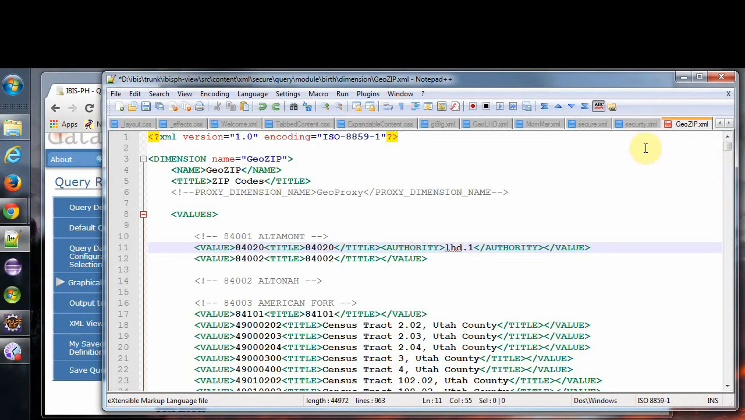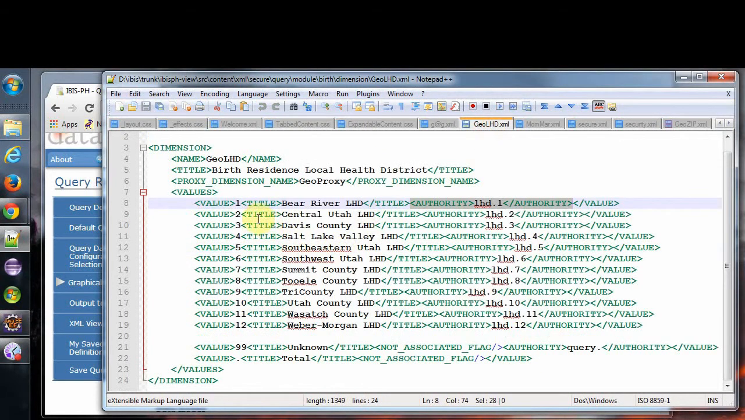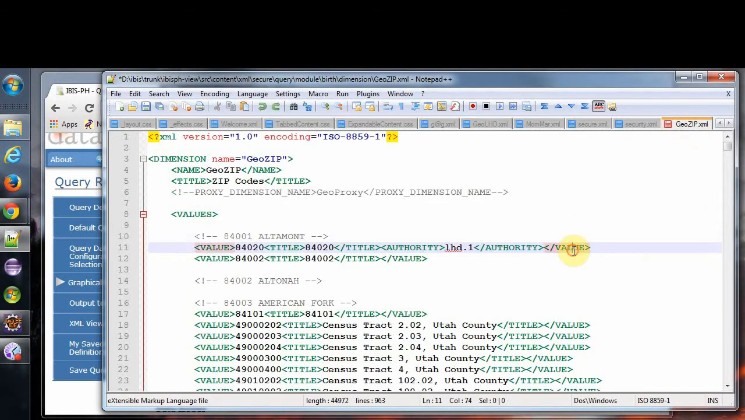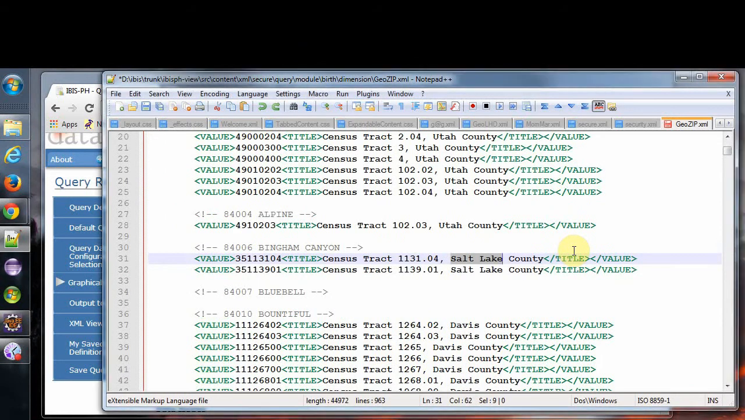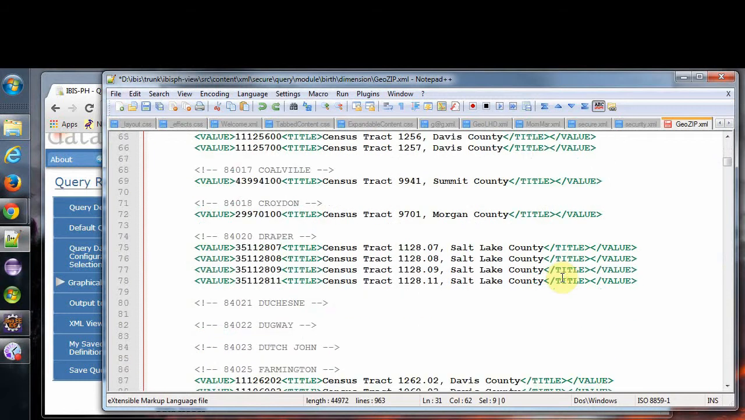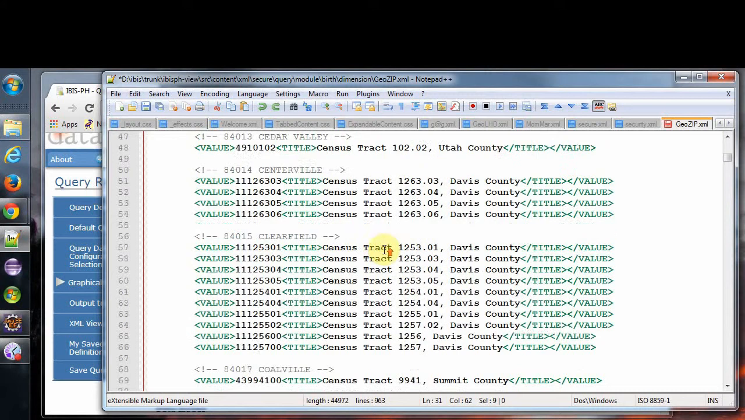So what I would do in this case, anyway, is I would go to my local health district file, and let's just say, let's take Salt Lake Valley local health district right here, which is LHD4. I'm going to copy this just for convenience. I'm going to come back to my GeoZip file, and I'm going to look for Salt Lake. And there's Salt Lake County. There's some more Salt Lake County. So any of these zip codes that look like they would be Salt Lake County,